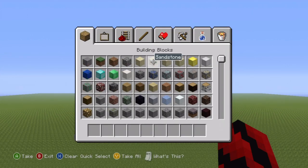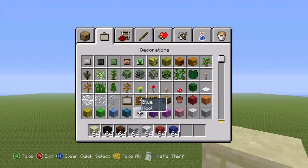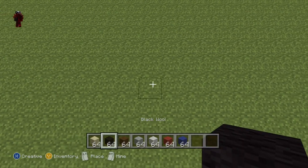You will need some sandstone block, you'll need black wool, brown wool, you'll need light grey, white, red, and finally some dark blue wool. Once you have every single one of those colours right there, and once you've figured out where you want to make him, I'll be making him right here, you'll want to kick off your Pokemon trainer